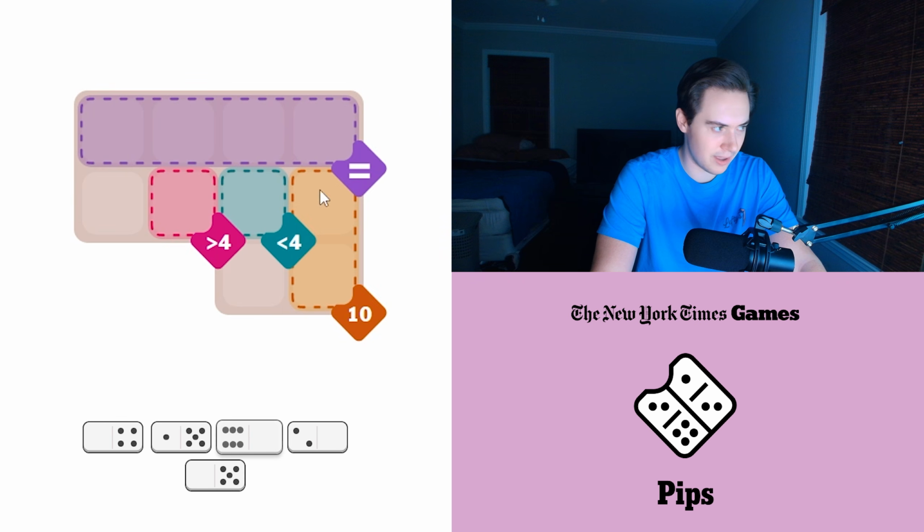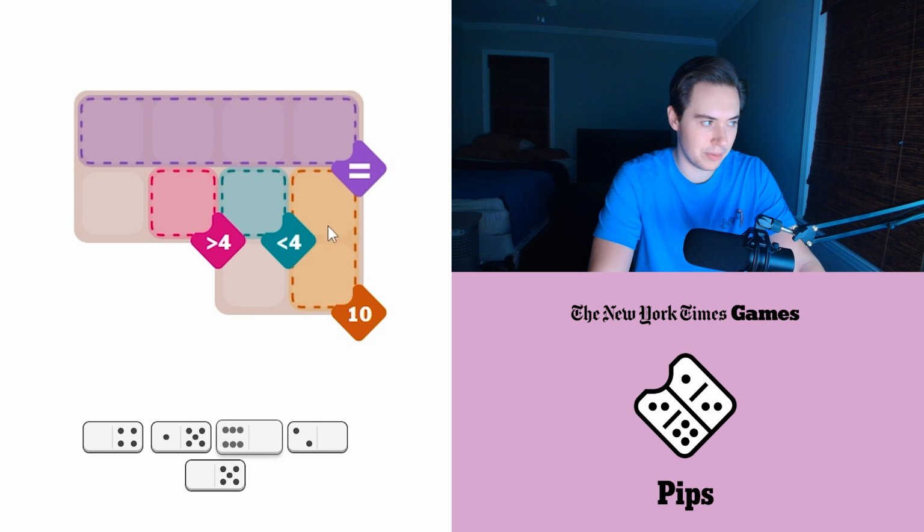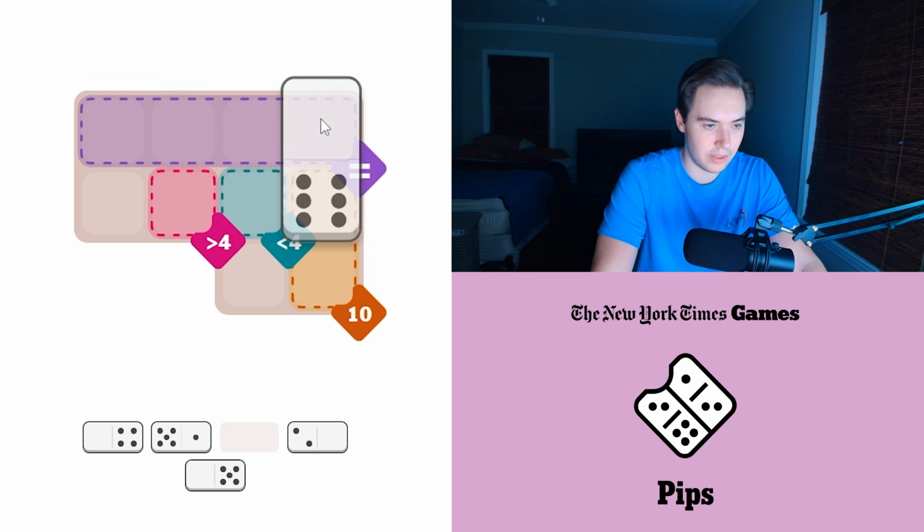Let's see. This does add up to 10. We know these are all sideways. This could still go. Does anything add up to 10? No. So this is not going to be able to be like this, which we know this is going to have to be like this. And so the only way this would work, and we know, okay, yeah, we got it. Because the zeros are all going to have to go in there. So we know that it's going to be